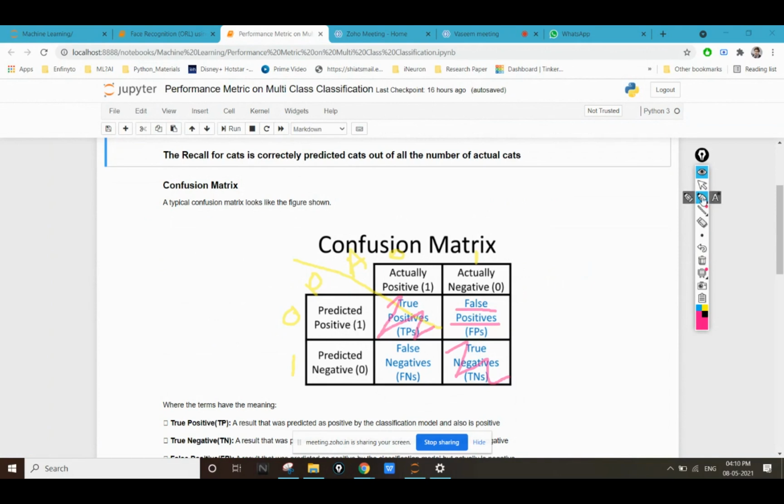Here 1 stands for that you have the cancer or any other disease, suppose COVID, and 0 stands for no COVID. I am doing the RT-PCR test. I have taken the RT-PCR test and I have data of the RT-PCR test of some of the patients. Here 1 denotes COVID and 0 denotes not COVID.